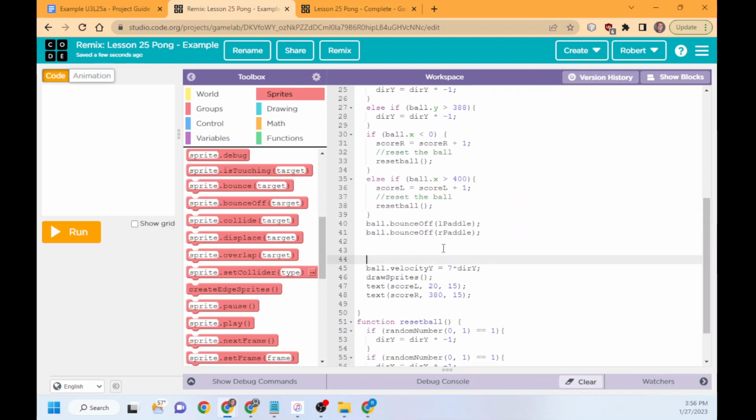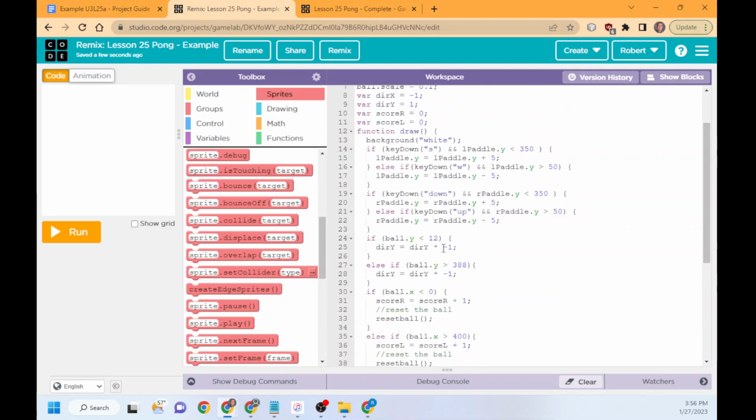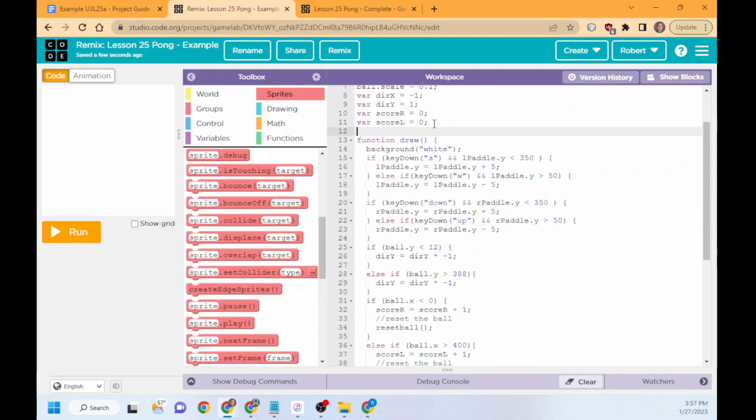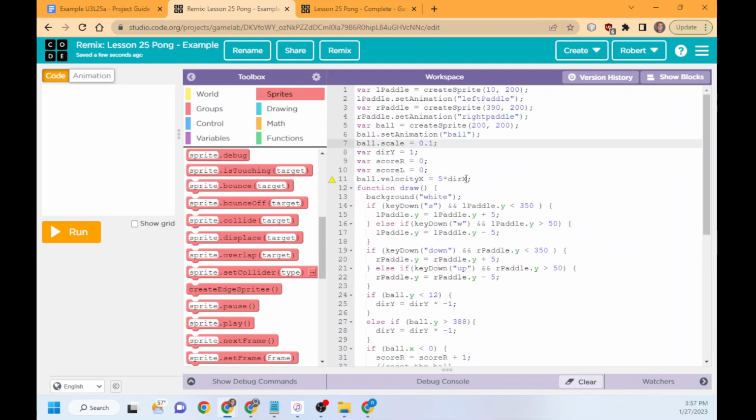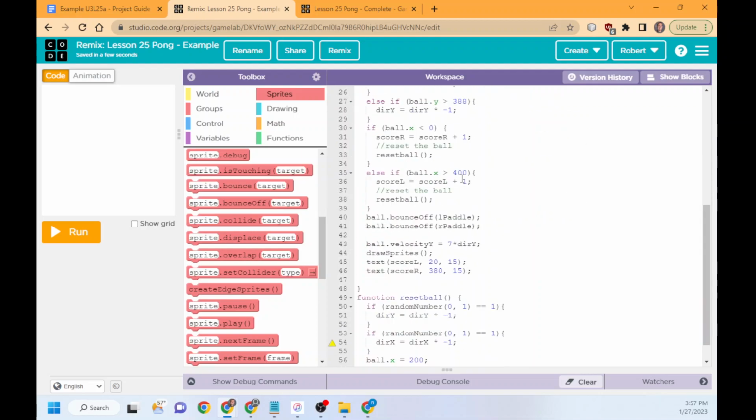So Control X. Let's clean this up a little bit. I am going to paste it down here, and we are going to get rid of the X as I promised, and then we're getting rid of the dir. All right. So now it's going to start off at 5 and just always go. And to change it, we go down to the X,